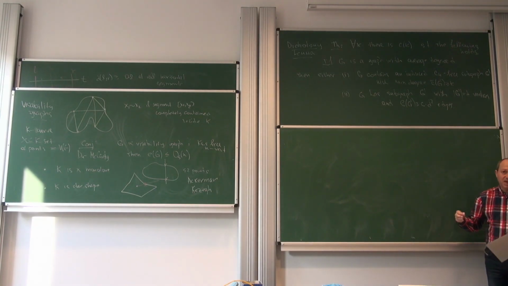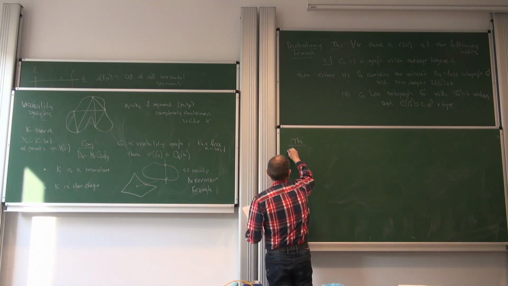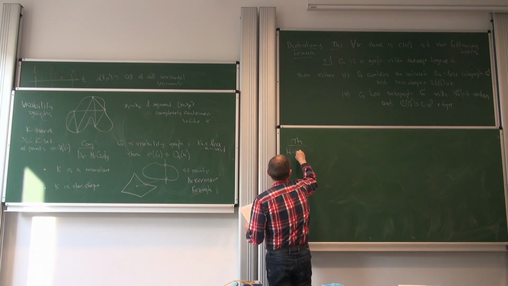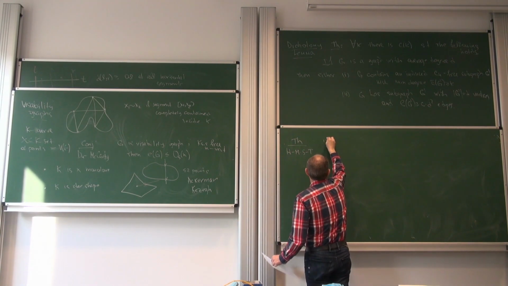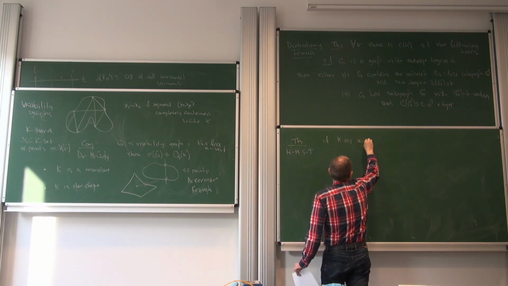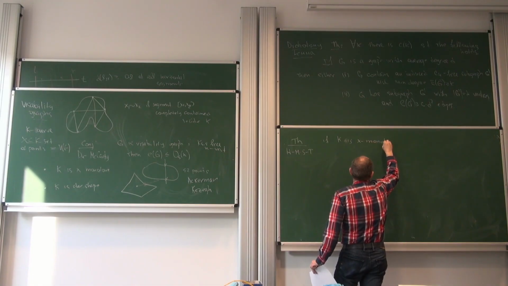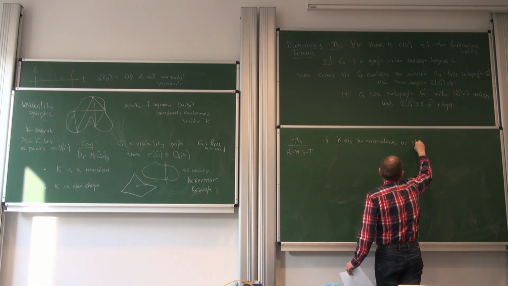But again, what we can do with our lemma is get a precise, absolutely tight bound. So the theorem which we have is: if K is x-monotone or star-shaped,